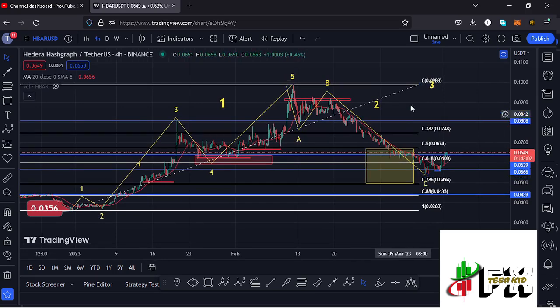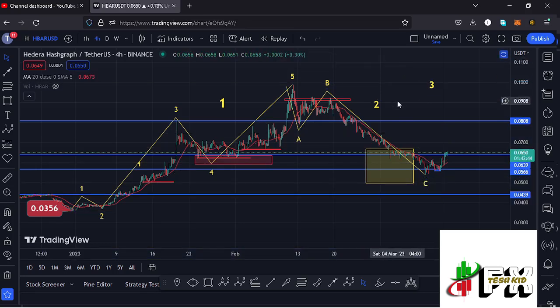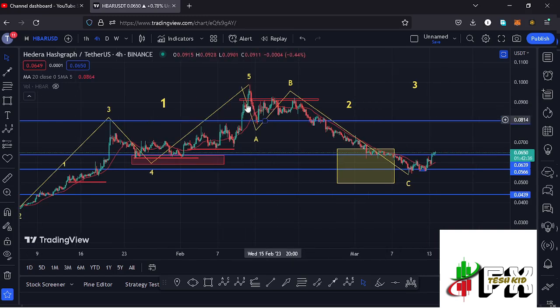And there are chances that we have bottomed out in the formation of that higher ED12 count 2, and to fully support the fact that we have bottomed out in the formation of that higher ED12 count 2, we also expected to see this ABC corrective structure in formation, having the wave C giving us the low for that second wave, and also fully maximizing our target areas and sketching out